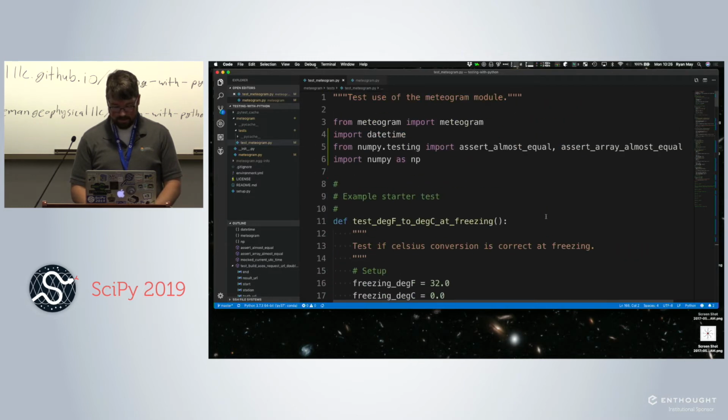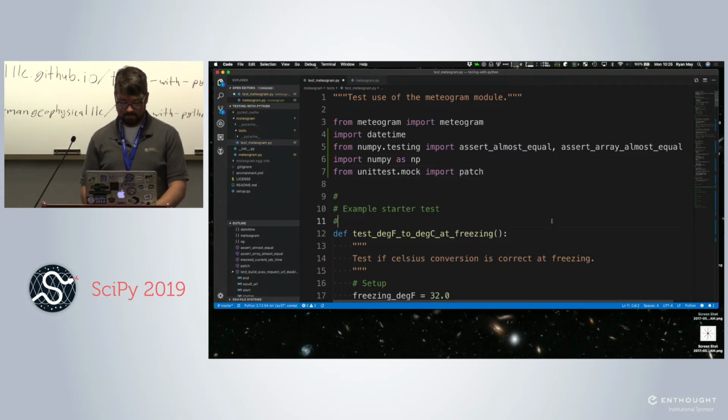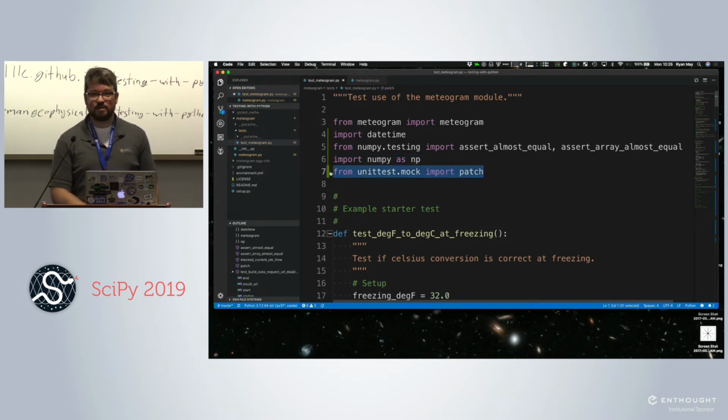So go back up to the top of your test. I'll scroll down there in just a second in case you were still typing. From unittest dot mock import patch. So this is the line that we've added at the top of test-mediogram.py.